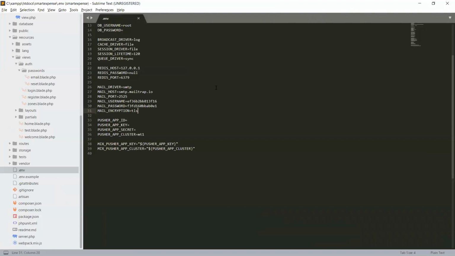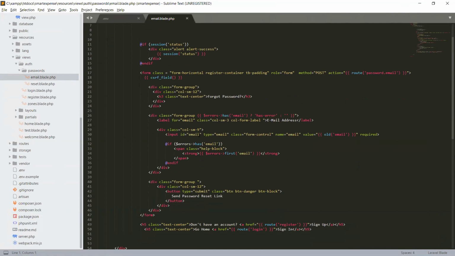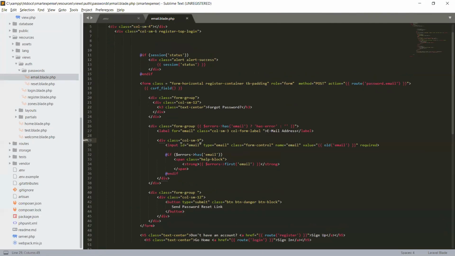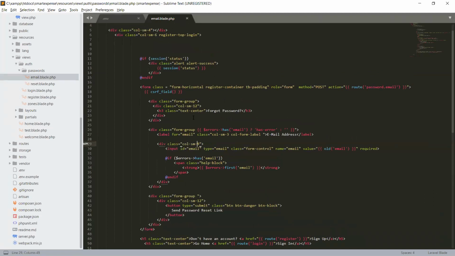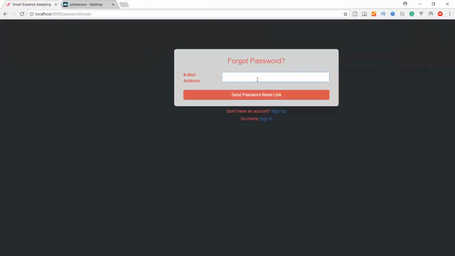If I show you the file, for the email I changed the column small 6 and the label to 3, and it was 9 before. Before that it was 6, so I think 8, and that one column small 4. So it's a minor change to set the layout to view the exact email that we will enter.